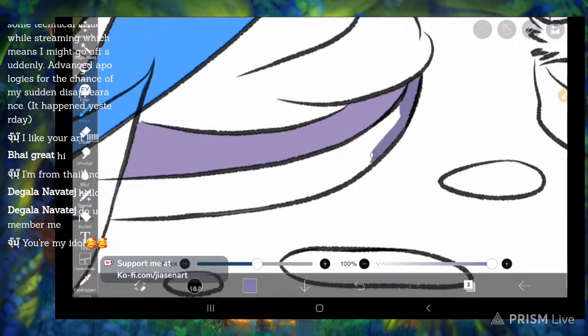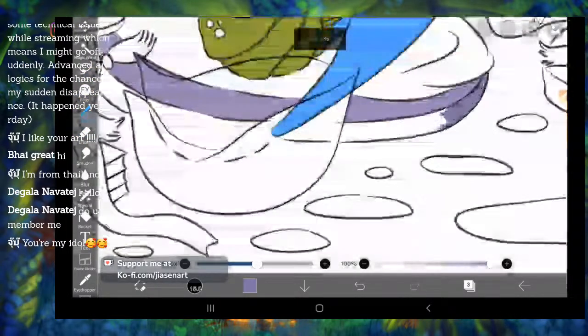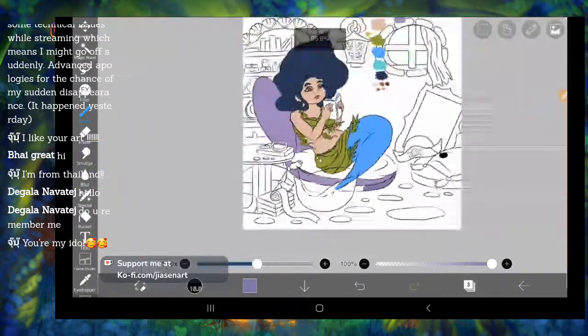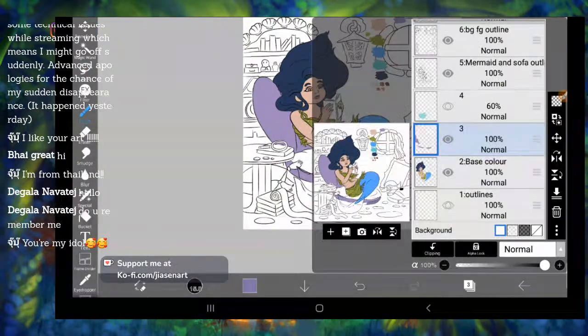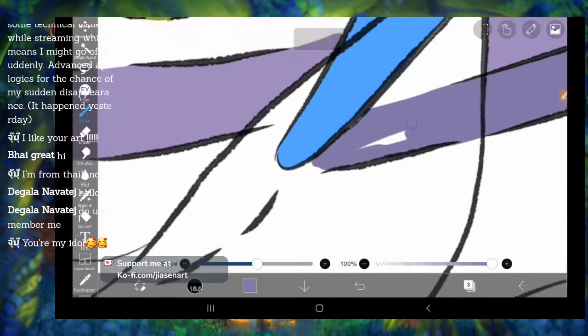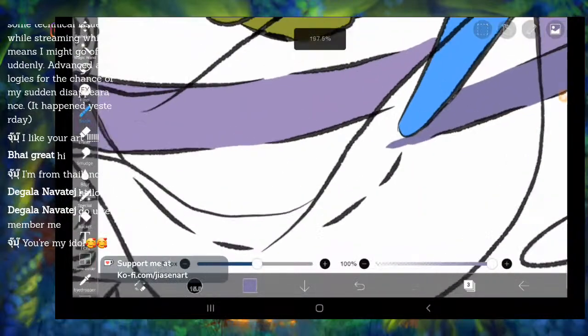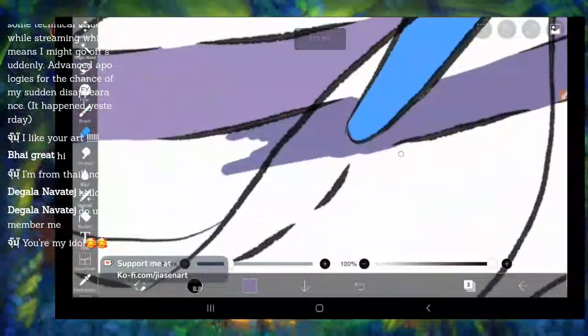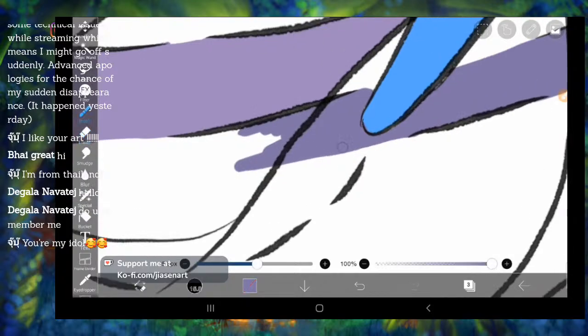So anyways, I'm just giving purple color to her sitting. This is, by the way, a shell. In case you guys didn't realize, I know nobody will, because it does not look like an oyster, but in my mind it's an oyster, and it's mauve for some reason.